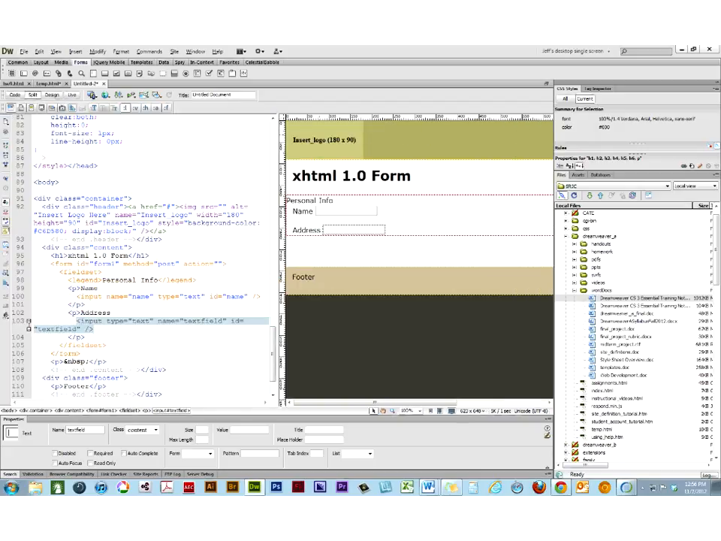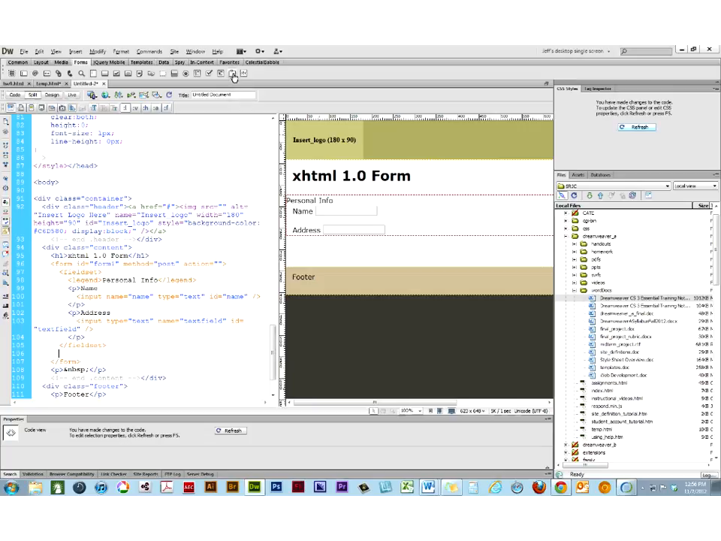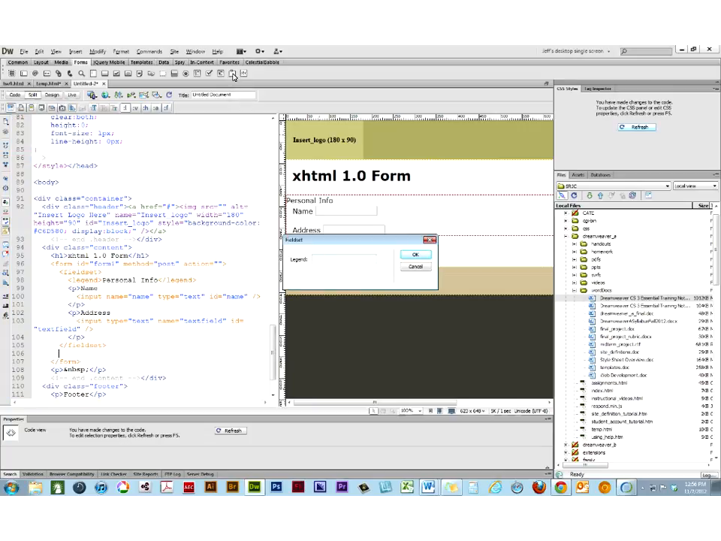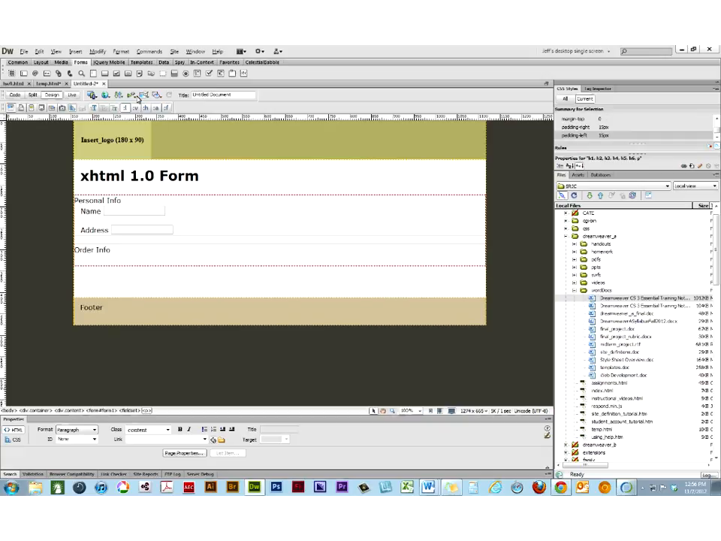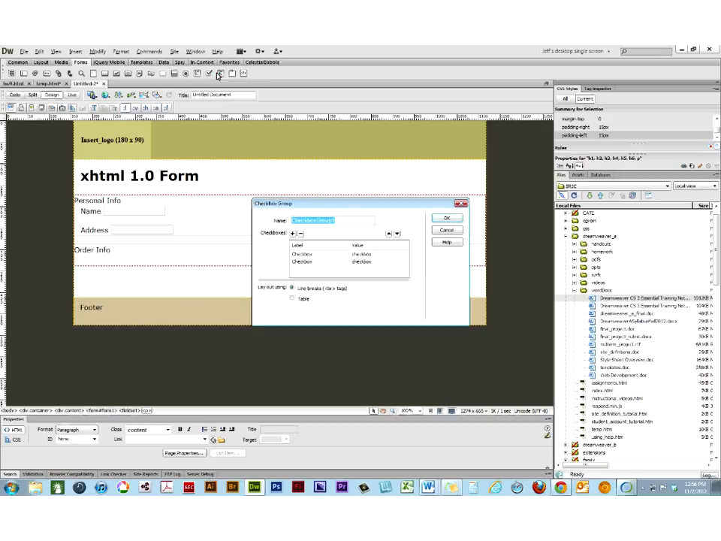Then we're going to go to our field set, go to split view, and then insert another field set, and we'll call this order info, and I'll click on OK, go back to design view, hit the Enter key, and I'll insert this time some checkboxes. We didn't do the checkboxes. The one thing about checkboxes that are different than radio buttons is with radio buttons you can only pick one element of a radio button. With checkboxes you can